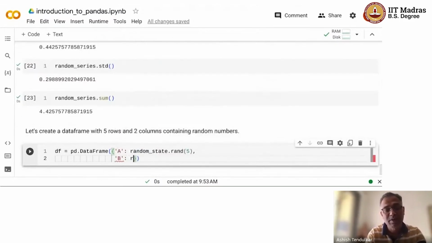And second column again random state dot rand 5. So you can see that I have created 2 columns A and B, and each column